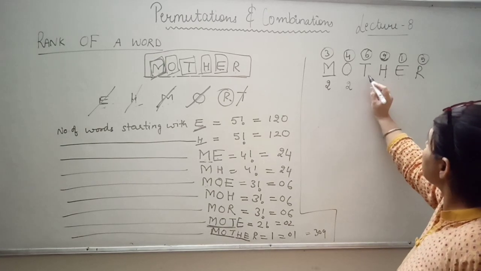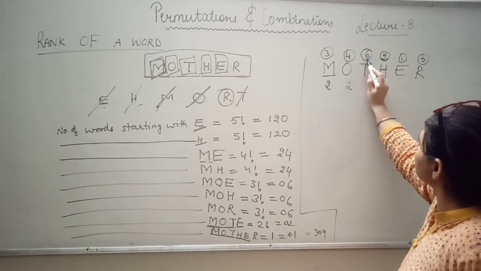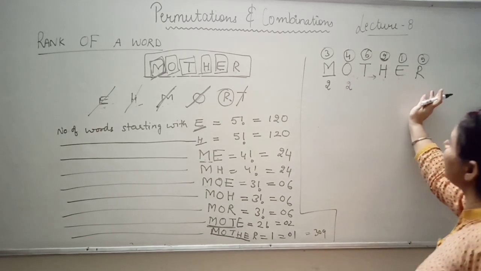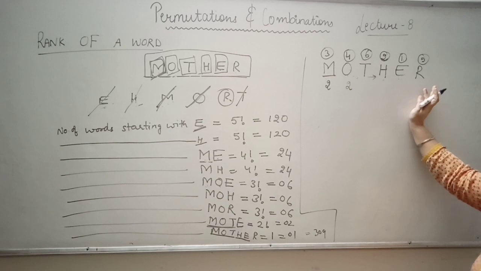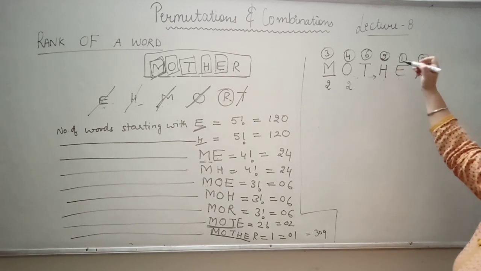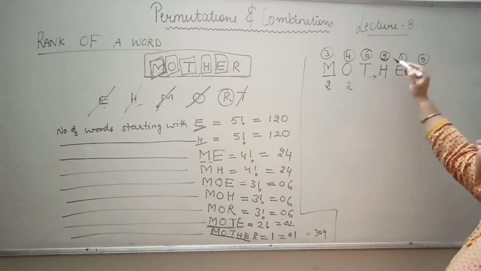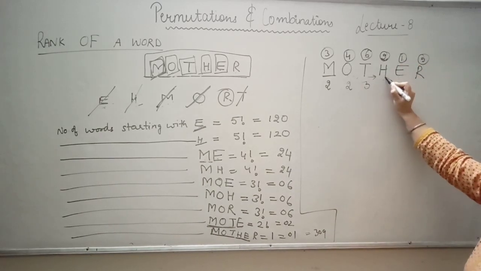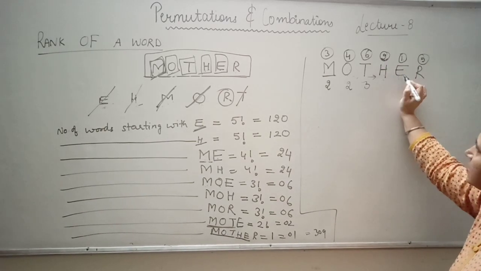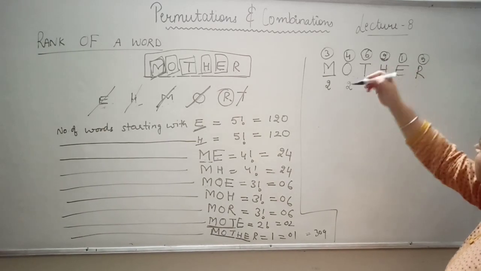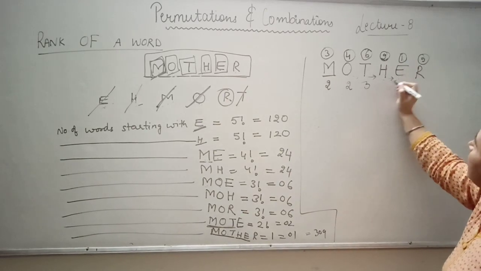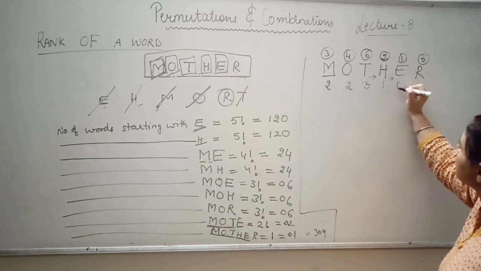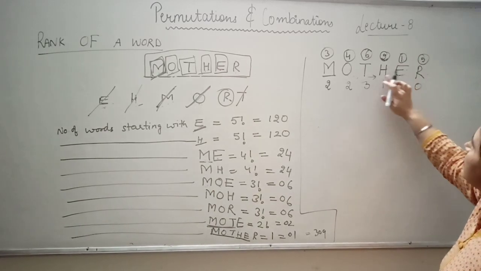Now this T is at the sixth position. Now I will check only on the right hand side. So again to the right of this T, how many letters are there which are coming before this T, whose position is less than 6, that is 2 and 1 and 5, all these 3 letters. So these 3. Now H has second rank; before it, the first position. Look only on the right side, do not look on the left. Before H there is only 1, and before 1 there is no smaller position, so 0, and beyond that there is nothing. Now this is your position.